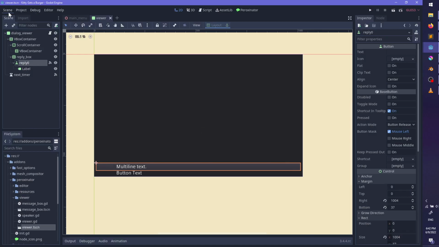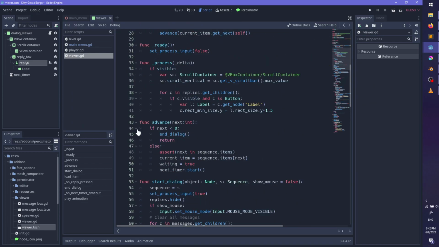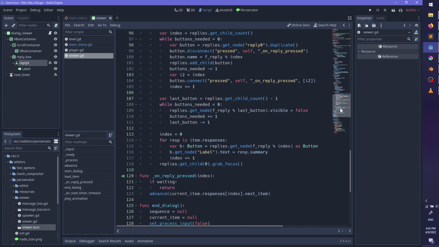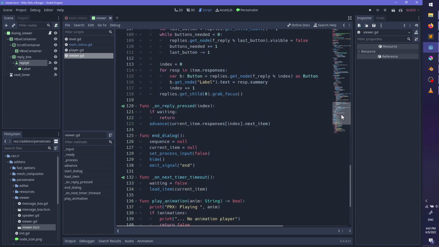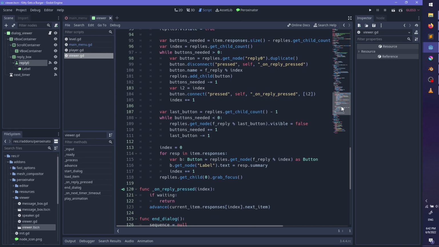Is that really the best way to do that? Hang on. Do I have to do something with the button? Ah, whatever.